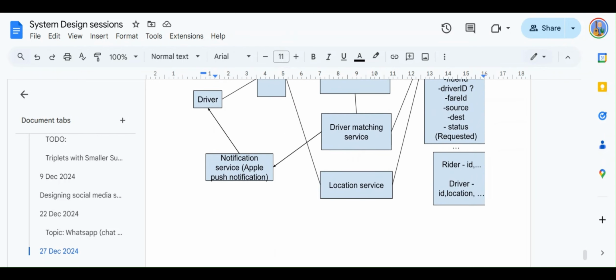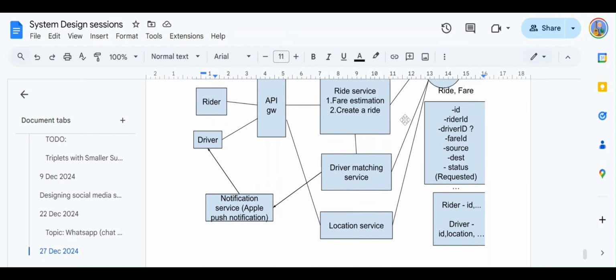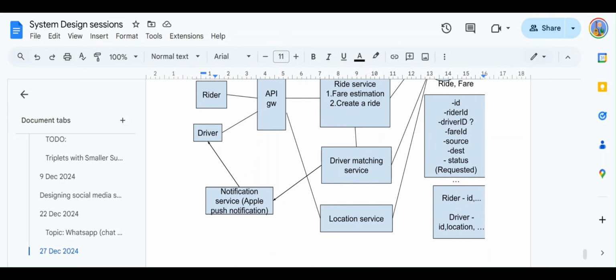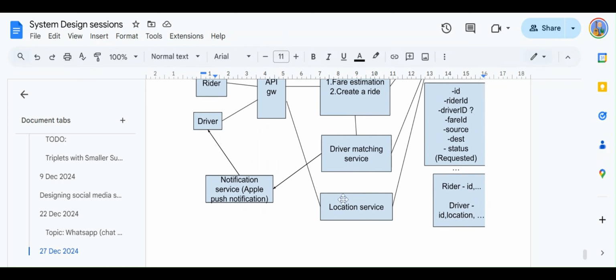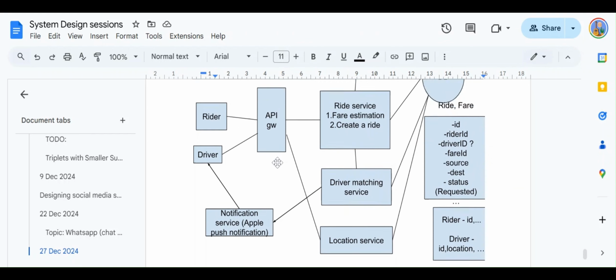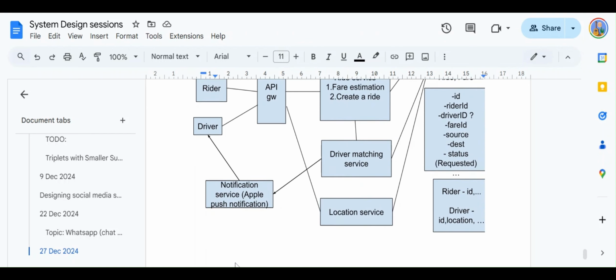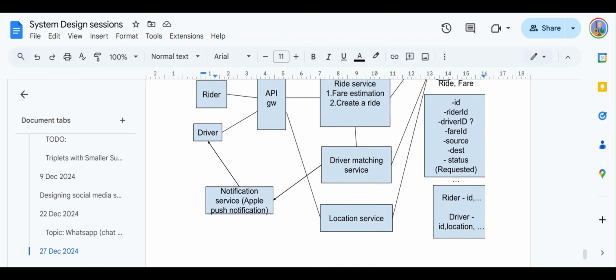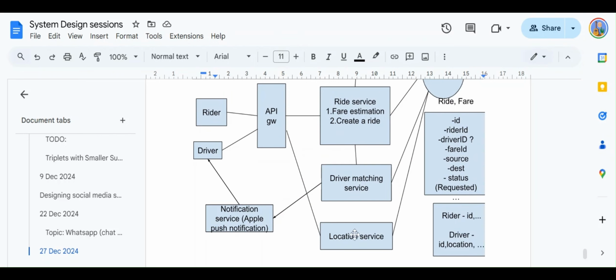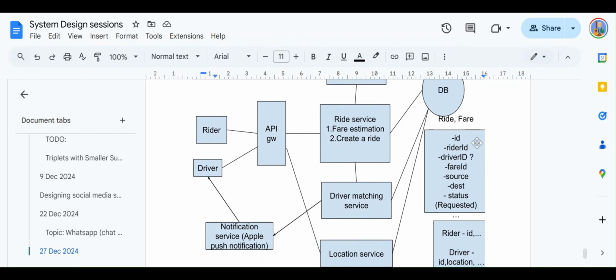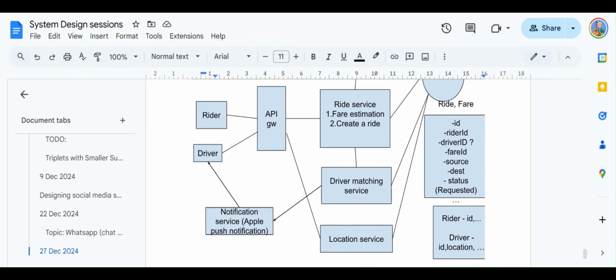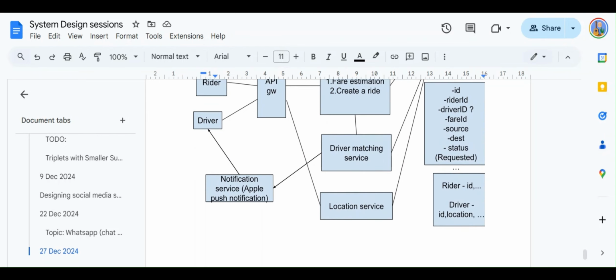It also depends upon how accurately our system is capturing the driver's location in real time. So we can do some estimations on that. We can assume that there are 10 million drivers in our system, and at this point it is a good point to do the estimations, because it is helping our system right now. We have built the backbone of the system, and to do a little bit of capacity estimation to explain the design further is a good idea. But don't do it vaguely just for the sake of doing it.